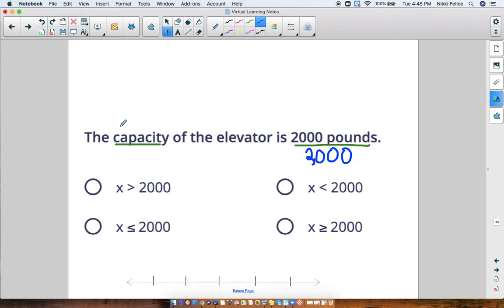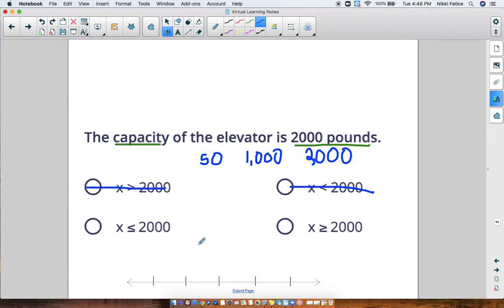So 2,000 works. And you can be under 2,000 pounds, of course, right? Like if you're only 1,000 pounds, which is crazy and silly, if you're only 1,000 pounds, you could get on the elevator. If you're 50 pounds, you could get on the elevator. So these are the types of answers we're looking for. We want to be under 2,000. So we know 2,000 is a possible answer. So we can cross off this one, and we can cross off those ones, because in these answers, 2,000 is not a possibility. So now down here, remember, you are X.